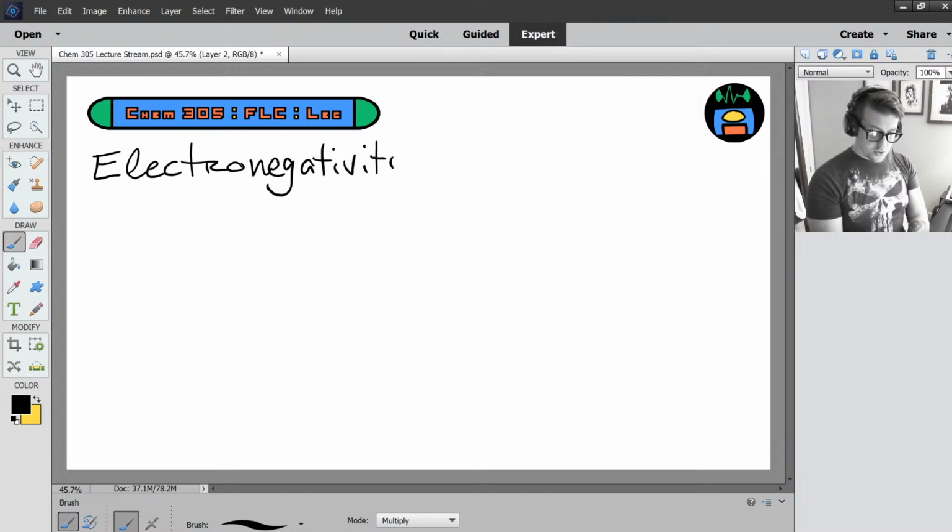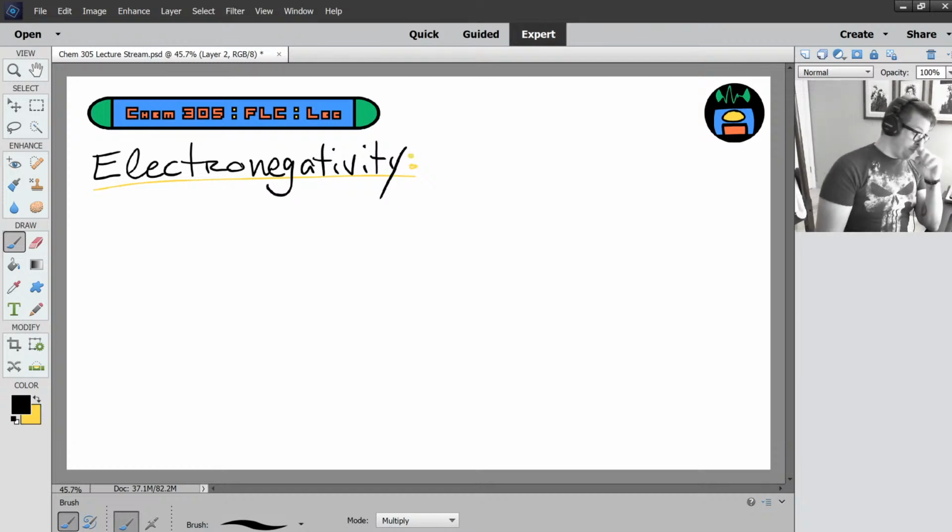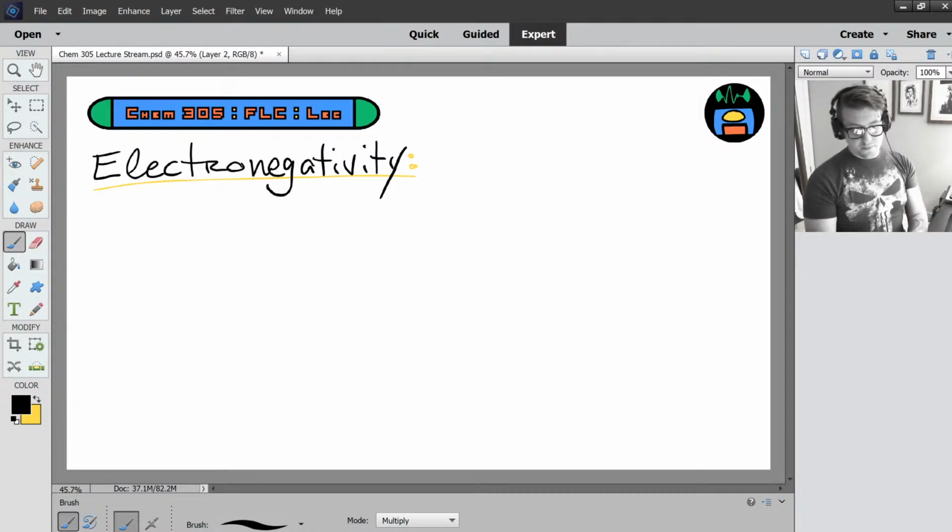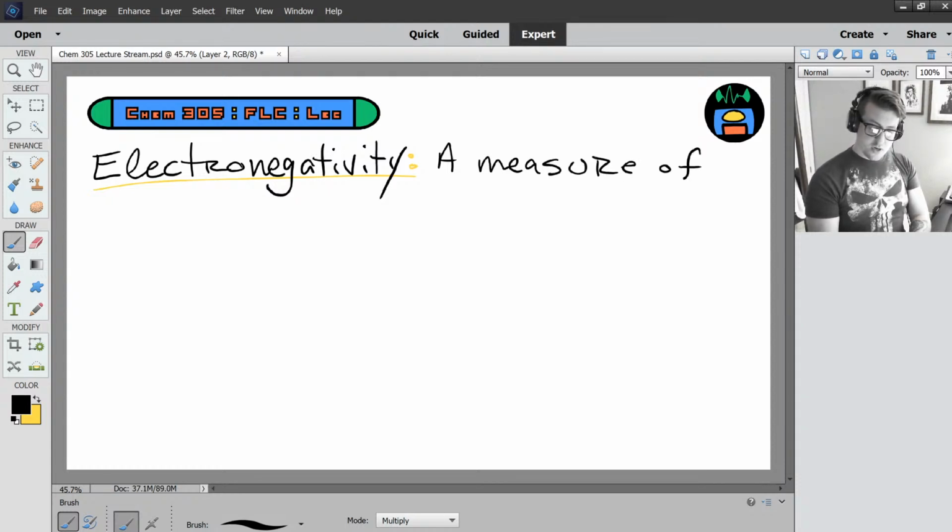Electronegativity may be the longest word in the English language, I'm not sure. It always feels like it takes forever to write it out. Now, electronegativity is a measure. A measure of what? A measure of, quote unquote, how bad